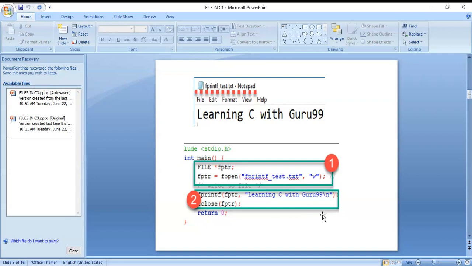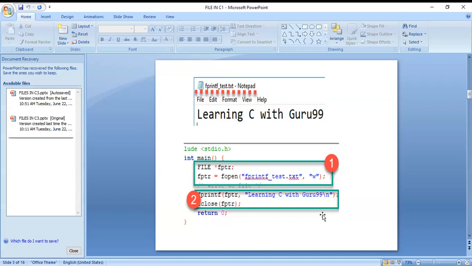Then fprintf: within the braces you mention the pointer name fptr, and comma, "Learning C with Guru99", you can write anything inside that. Then after that, fclose(fptr) closes that pointer.